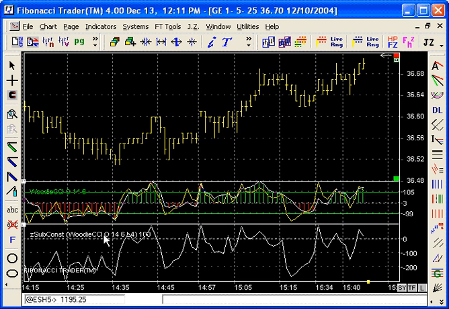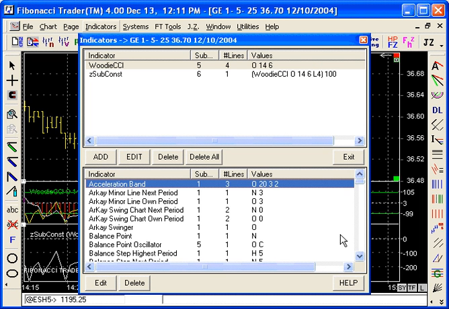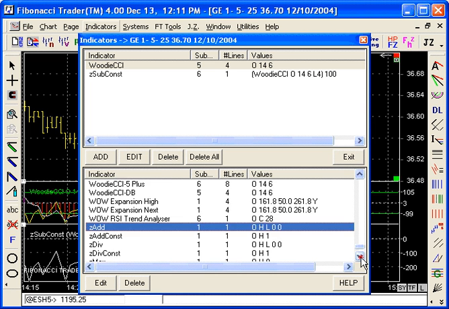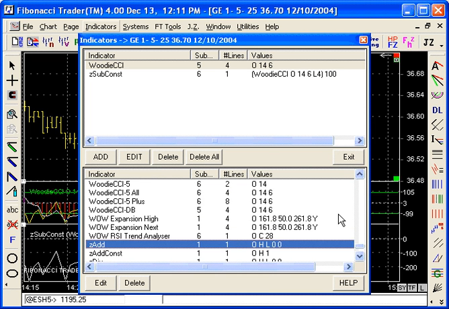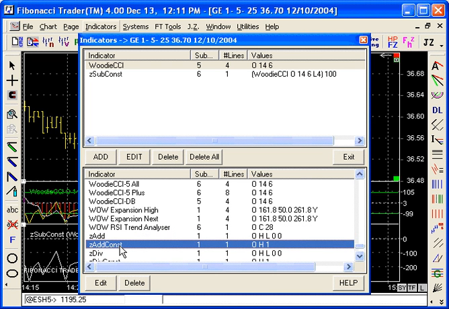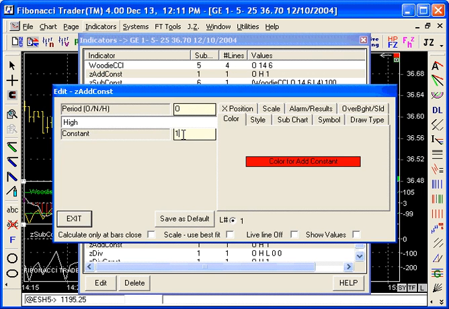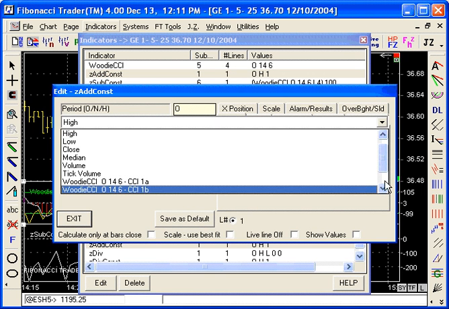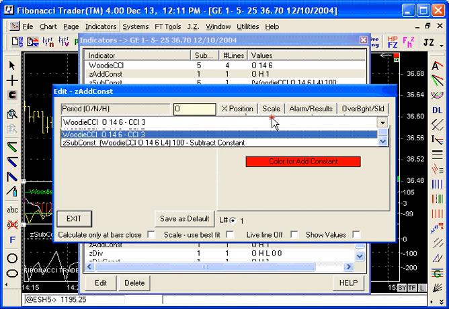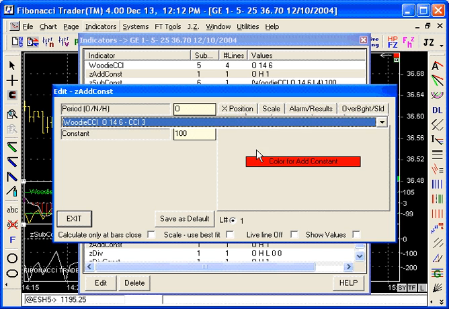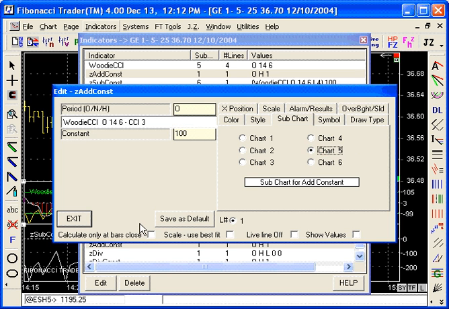To do the other way, the minus 100, what you do is, again, add, you can go to Z sub and subtract minus 100, or you can go to the Z add and add 100. The Z add does the addition instead of subtraction. Add 100 on the line 3, and let's say on subchart 5,